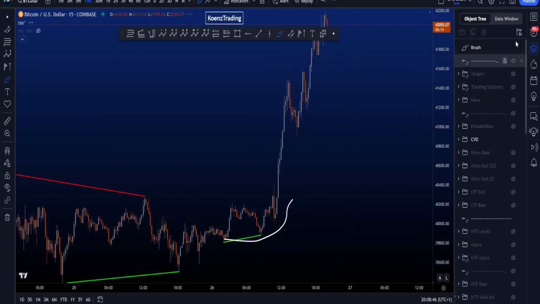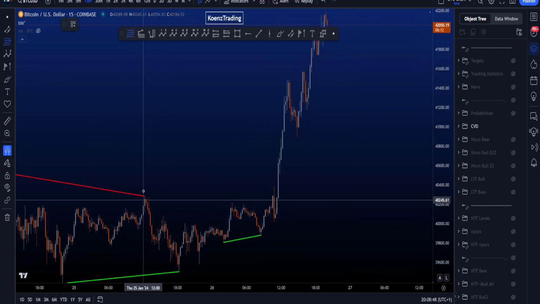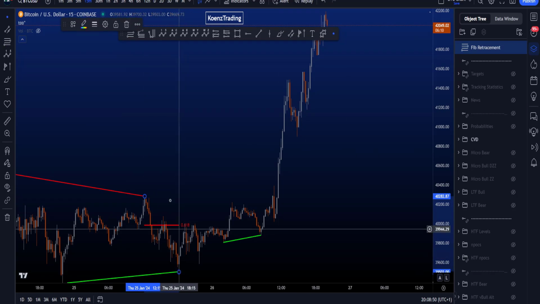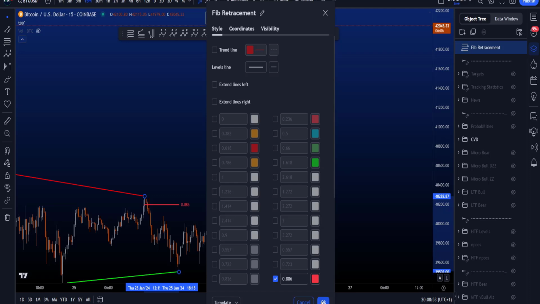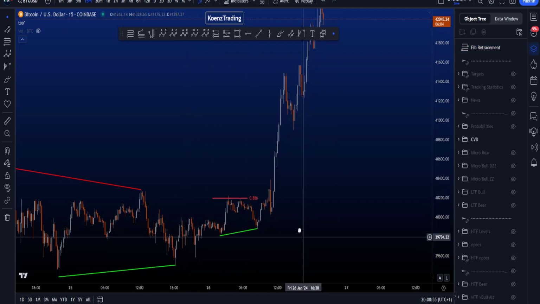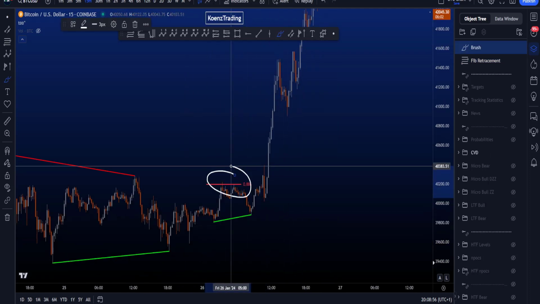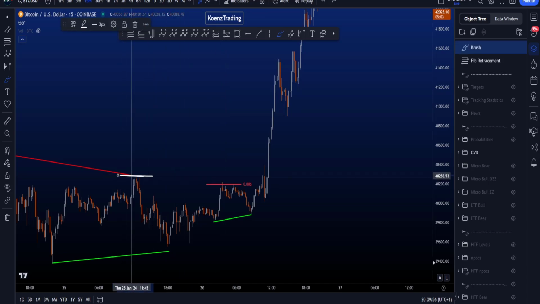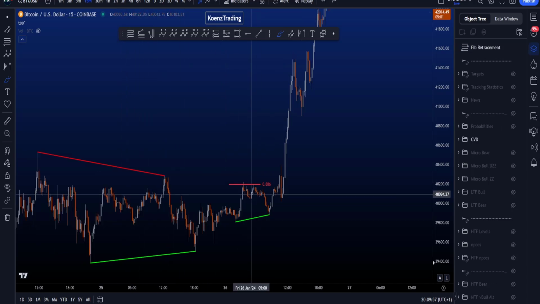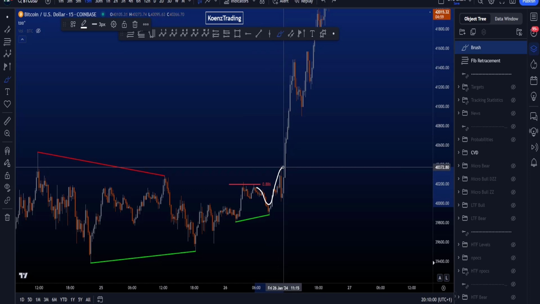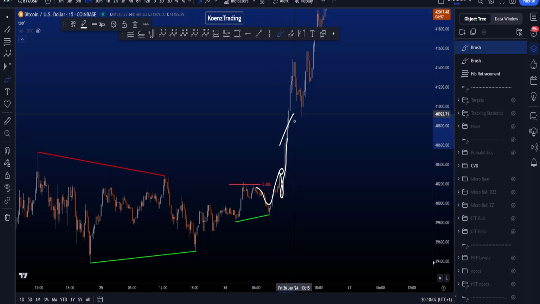Also what happened locally, which increased probabilities for price to move up, is that price hit the 886 Fibonacci. The 886 is very well known on this channel, as the moment the 886 is hit, probabilities increase to take this high sooner or later. Now, we didn't have to wait too long as price moved up, took the high, little rejection, but eventually we